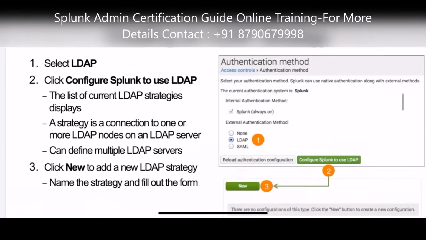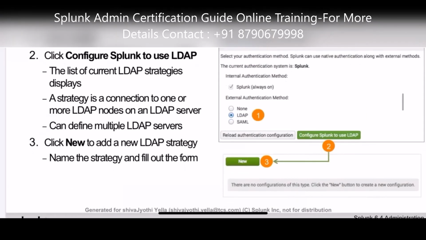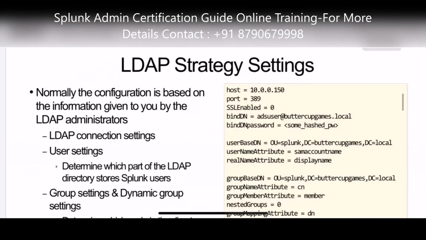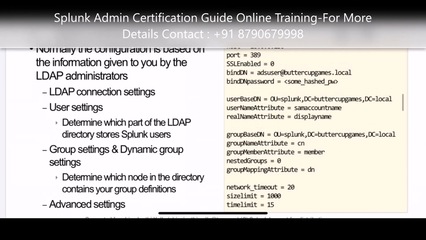You see, configure Splunk to use LDAP. A strategy is a connection to one or more LDAP nodes. That means you can create one by giving the LDAP server and the proper port number also. Name the strategy and fill out the form. If you click on new, these are the LDAP strategy settings. If you see,